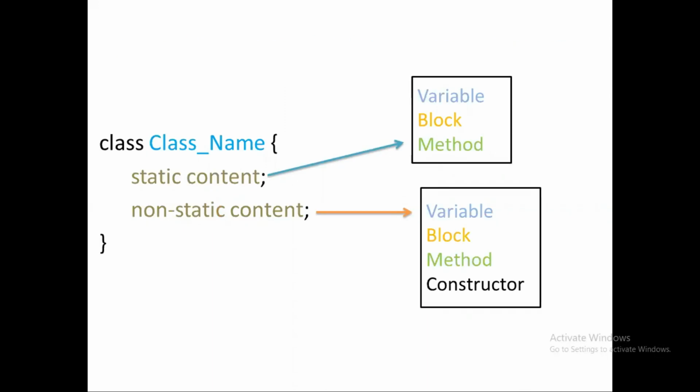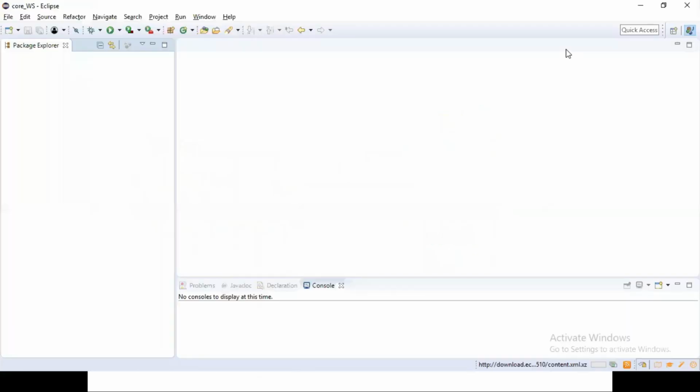The static content could be a variable, block, and method. A non-static content could be a variable, block, method, and also constructor. These are the 7 possibilities we can define inside the class. So let's go to Eclipse,